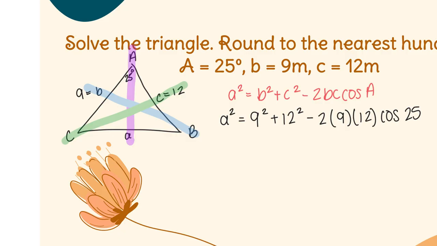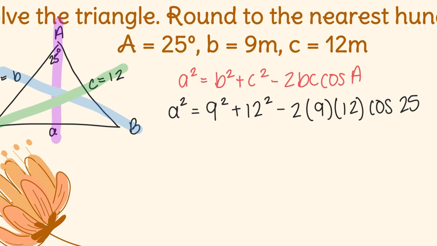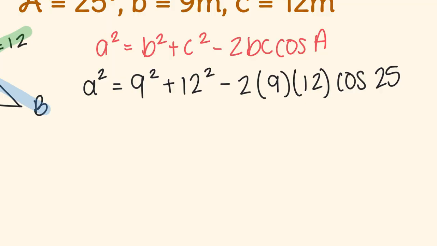All right, please do not just plug this entire thing into your calculator. You cannot do that. Okay, do it in steps. So first thing I'm going to do here is solve this part, then this part. Okay, you cannot combine that entire thing. So go ahead and plug it into your calculator. 9 squared plus 12 squared is going to give you 225